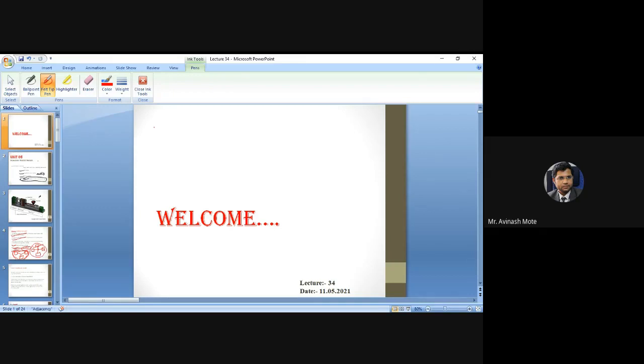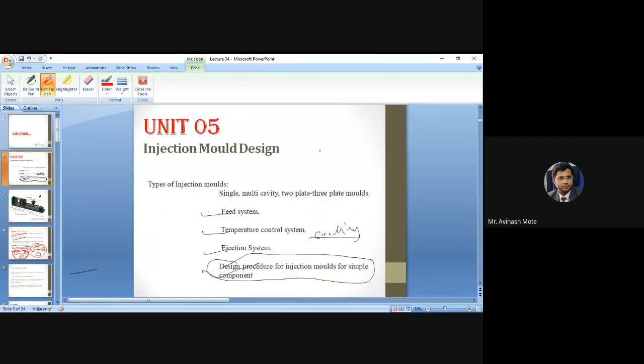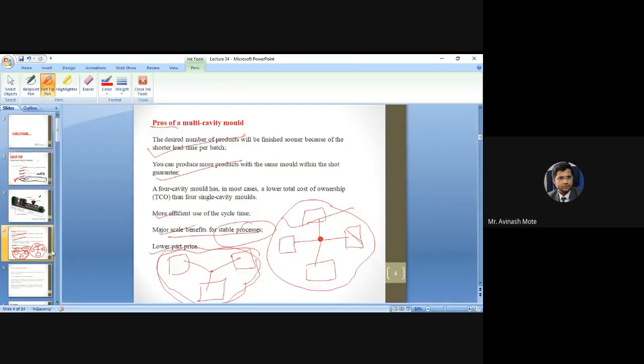Where the application is for a short life cycle, the components that we consider from a design point of view are smaller or simple components, because in real life also similar components are manufactured through these kinds of processes. So now we are almost done with the types, feeding system, control system, injection system, and even the formulation required from the design point of view. Now we'll solve one problem and then we'll close the session.